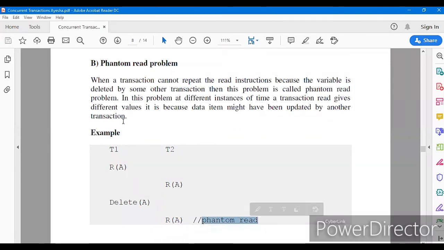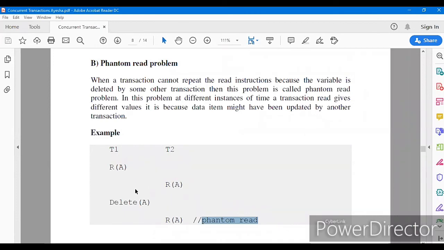Okay, so unrepeatable read and phantom read are somewhat similar, because transaction T2 in either case becomes confused, as it may get two different values for the same data item during the read operation. The only difference is that in unrepeatable read, between the two read operations there was a write operation, and over here there is a delete operation. I hope you are finding this very simple. If you just revise all four concurrency issues, it would be very easy.